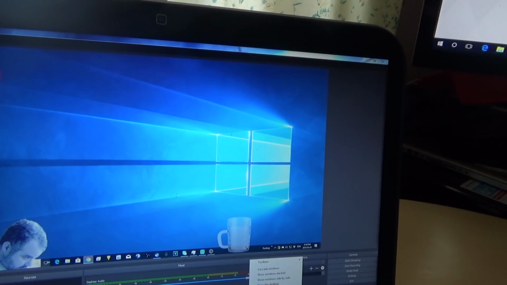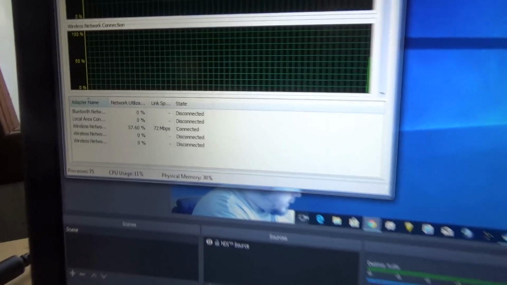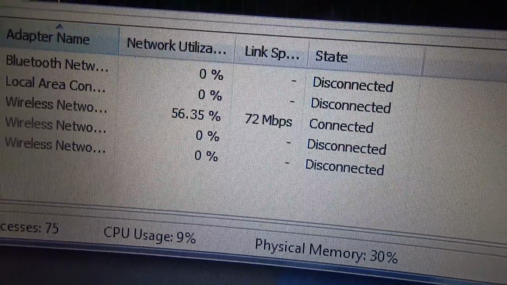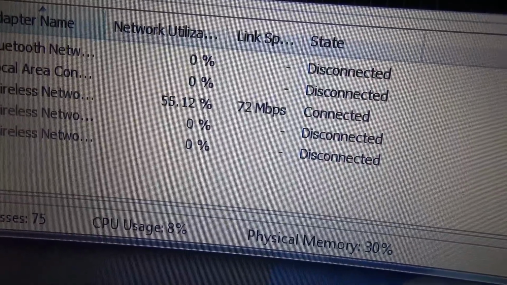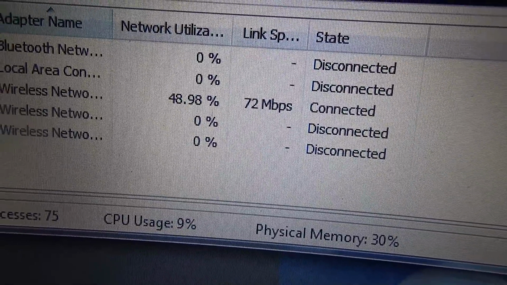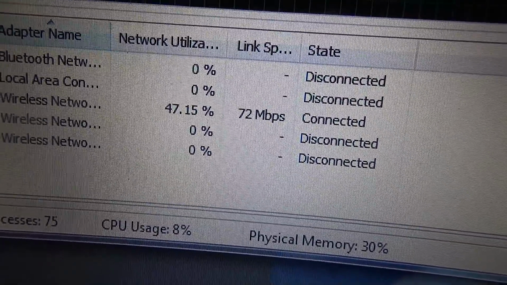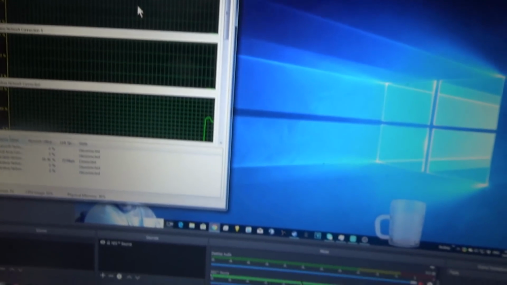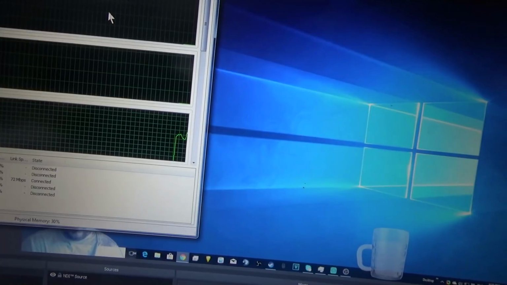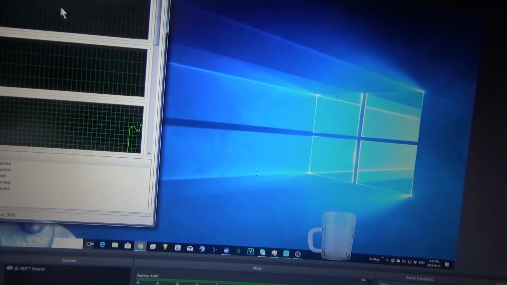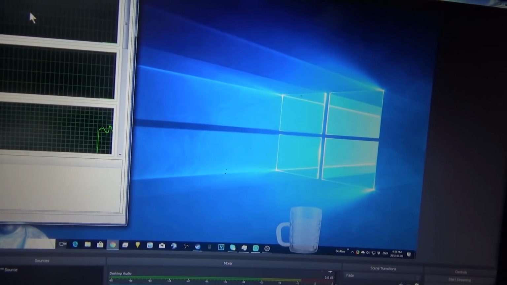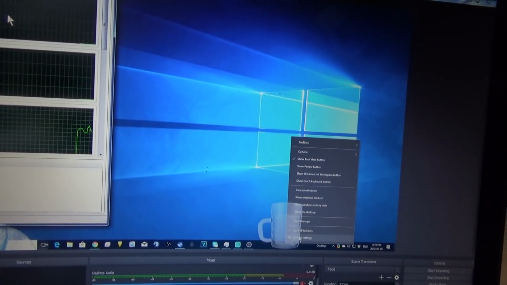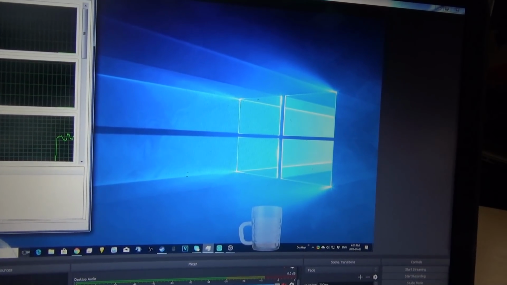There we go. We'll go to Task Manager, we'll go to Networking, and as you can see, I'm currently using like a lot of the network right now. 72 megabits is my max speed on my Wi-Fi. It's an old Wi-Fi card, and 48% of it. Now, what I don't get is it says it's using 72% there, right? And this is how I'm convinced that there's packet loss, is because if I go up to my other computer, the one that's actually sending the data,